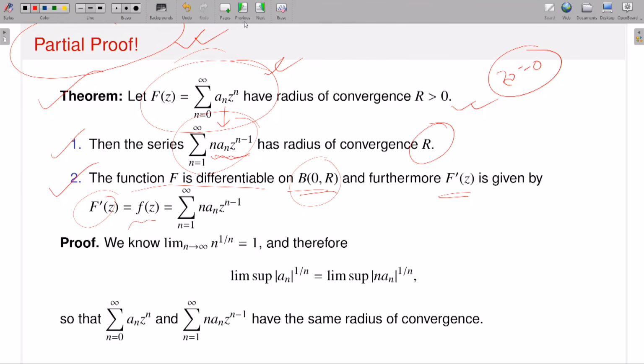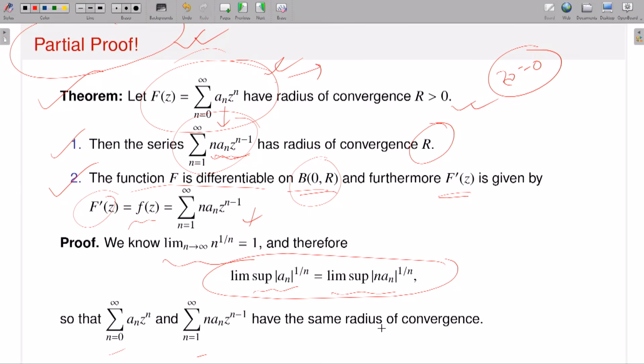First is how to check that the radius of convergence is the same. Now if I assume that capital R is the radius of convergence of this function, then this series will also have that same radius of convergence. There are many ways you can prove it. If you know this kind of result, or this is the real analysis result, limit n approaches infinity of n to the power 1 by n is equal to 1, then since it is a convergent sequence, you can say that the lim sup of this n to the power 1 by n is the same as the lim sup of the absolute value of n to the power 1 by n, and therefore this and this series have the same radius of convergence. Or you can use the ratio of coefficients. That is also okay.